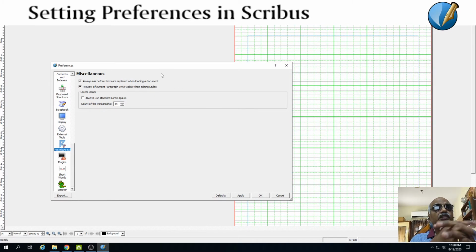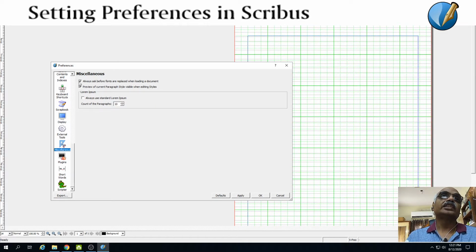And then here in the miscellaneous setting, always ask before fonts are replaced when you load a document. Supposing you are loading a document which has not been created using this version of Scribus, or which was created from another machine using Scribus, the fonts which were used to create that document will not be available within this installation. Normally it appropriately replaces them with somewhat similar fonts which are found within its system.